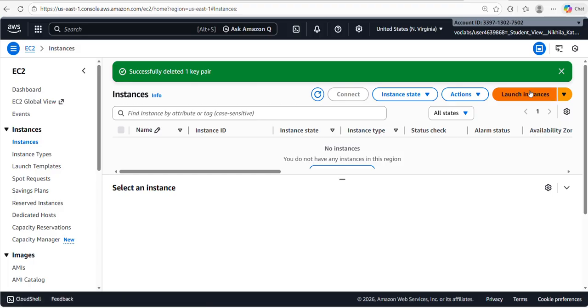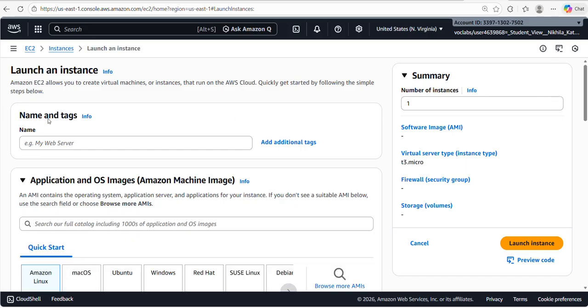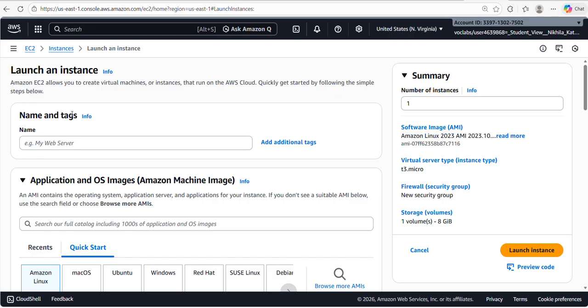First, I am going to launch a Windows instance. So click on launch instance. Here you can see name and tags. Here I am giving a name for my server, that is Windows Server. You can give any name